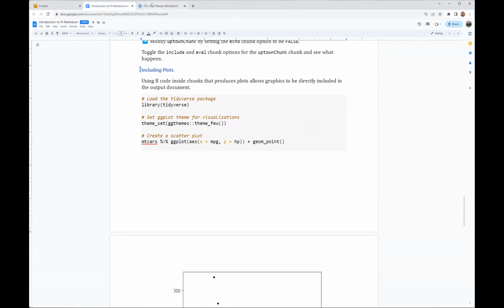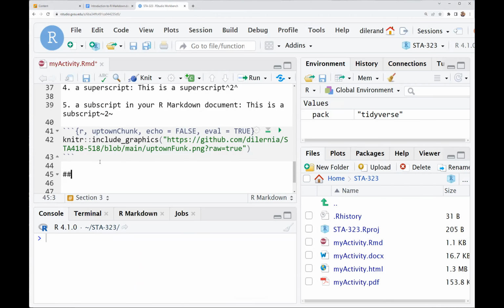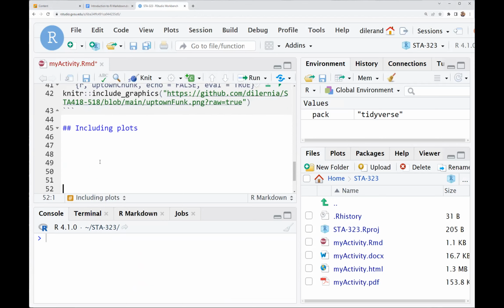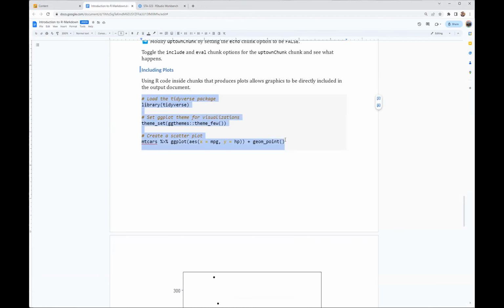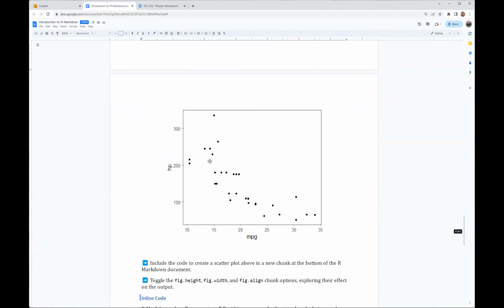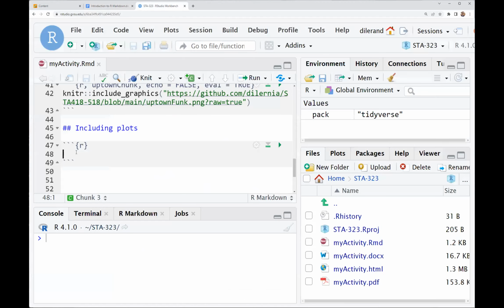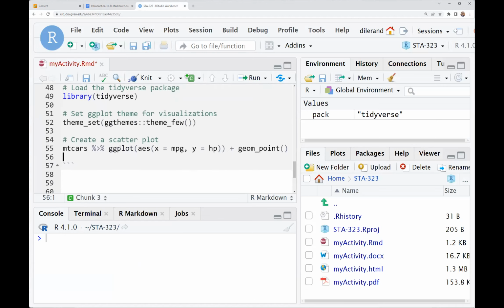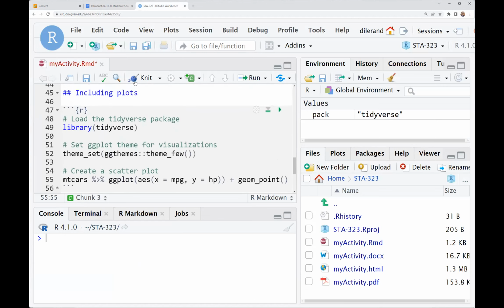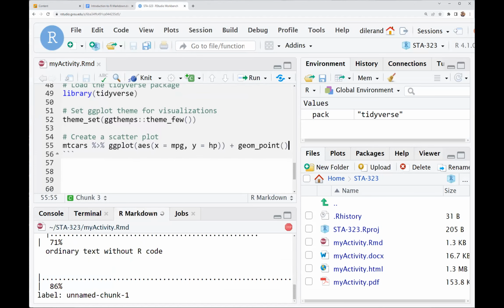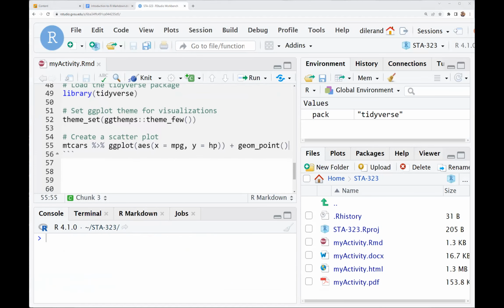So let's include a new chunk, let's say, and let's add actually a new section. We'll say including plots. Okay, and then we'll include a new chunk. And let's copy the code exactly here in this grayed out area, which will allow us to reproduce this scatter plot here. Okay. So if we paste this code in here, and then we knit this document, okay,